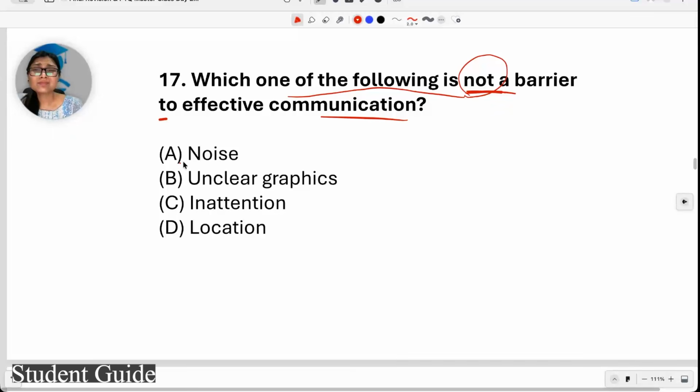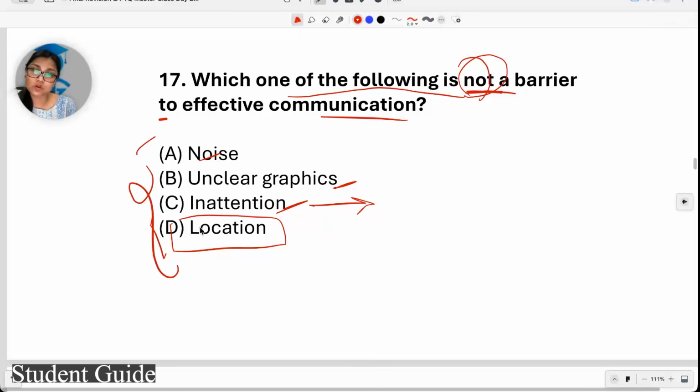So in these options, you can definitely see noise, that is a barrier. Okay, but the question is asking not a barrier. Unclear graphic is also a barrier in online kind of communications, online teachings. Then inattention is another barrier, because someone is not giving attention towards the lecture or towards the class, so it is also a barrier. But a location cannot be a barrier for the communication. It means in these four options, the location is the most logical and suitable answer for this one,